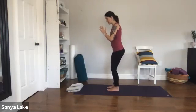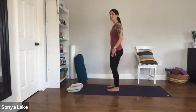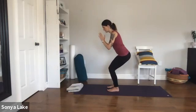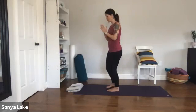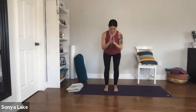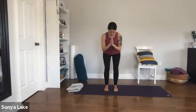Now, if this position with the legs closed is hard, if you need to open your legs a little wider, please, you can do that. And we're going to come up. Inhale, exhale, come down. So just the hinge. I'm bringing my hands into prayer. You can have them wherever you want. I like them in prayer here. I'm just looking down at the floor, holding,